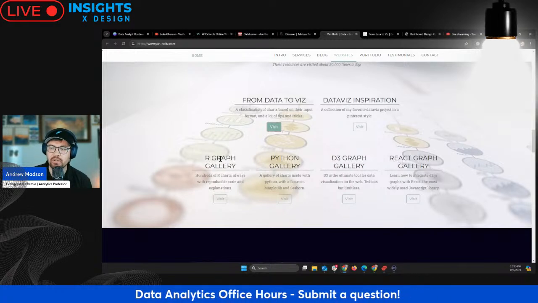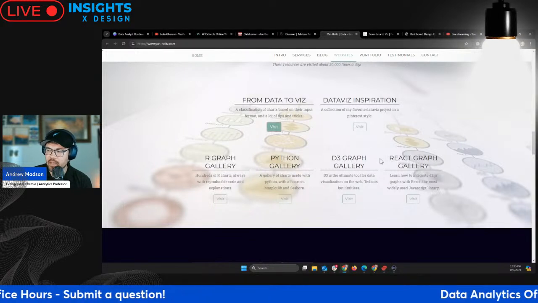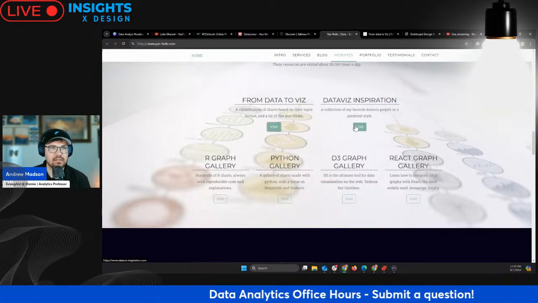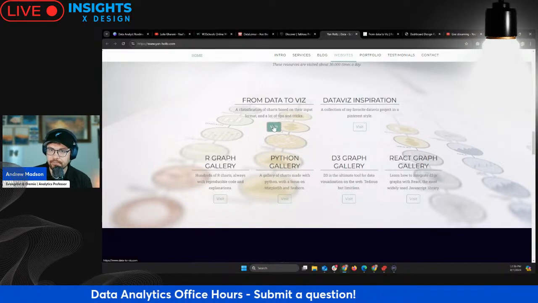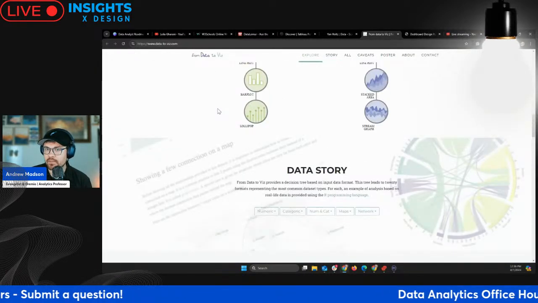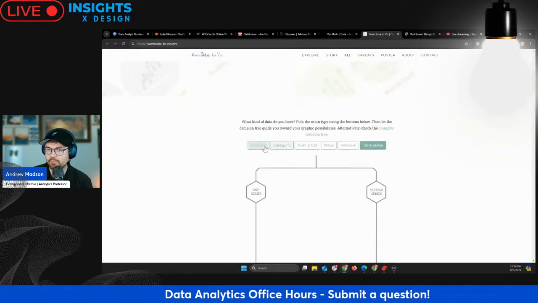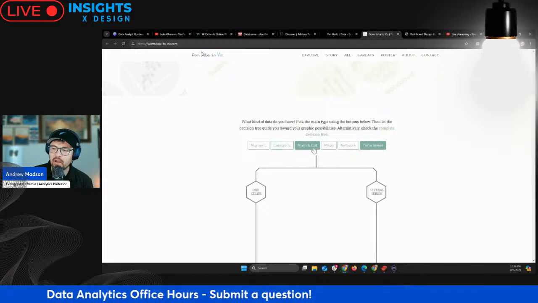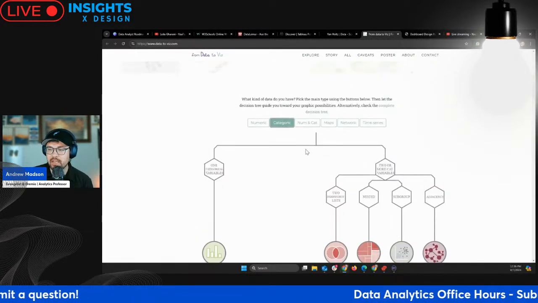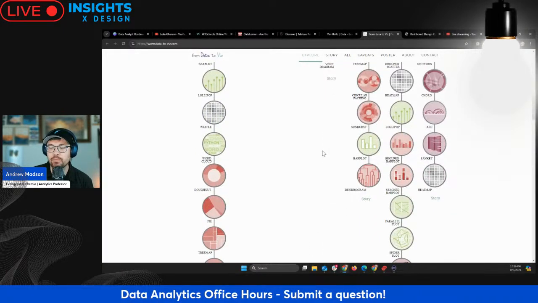So he provides sample code for all the charts in R, Python, JavaScript, D3, React, because he's a software programmer who happens to be amazing at data visualization. So let me show you Data to Viz. Based on what you want to accomplish, it makes it super easy to figure out, like, what kind of data are you dealing with? Numeric, categoric. You can approach it that way, network, both, right? So he makes the decision tree to help you see which type of charts could be best.